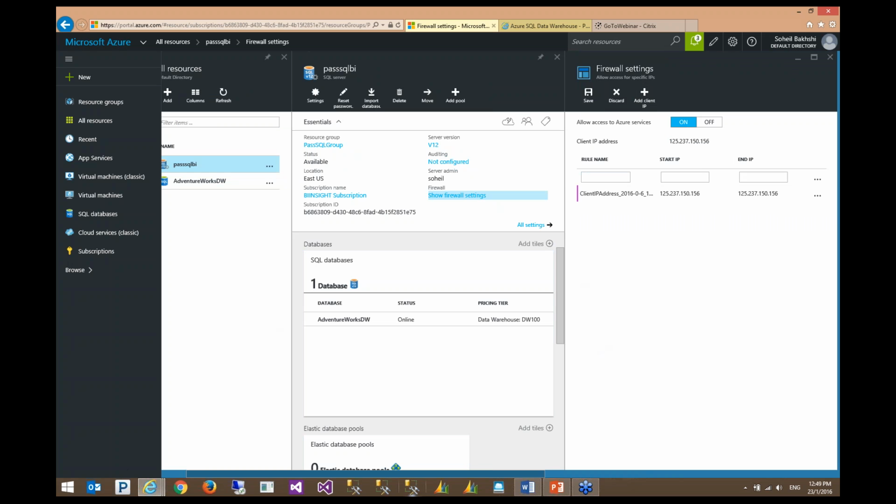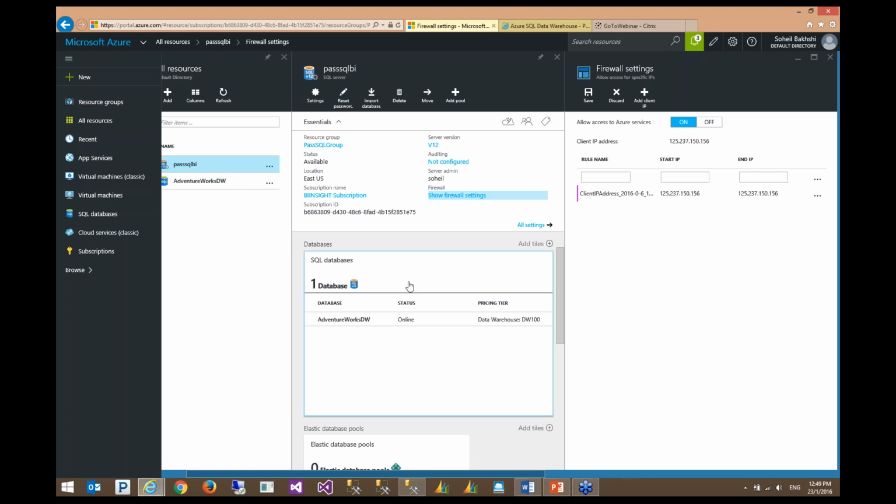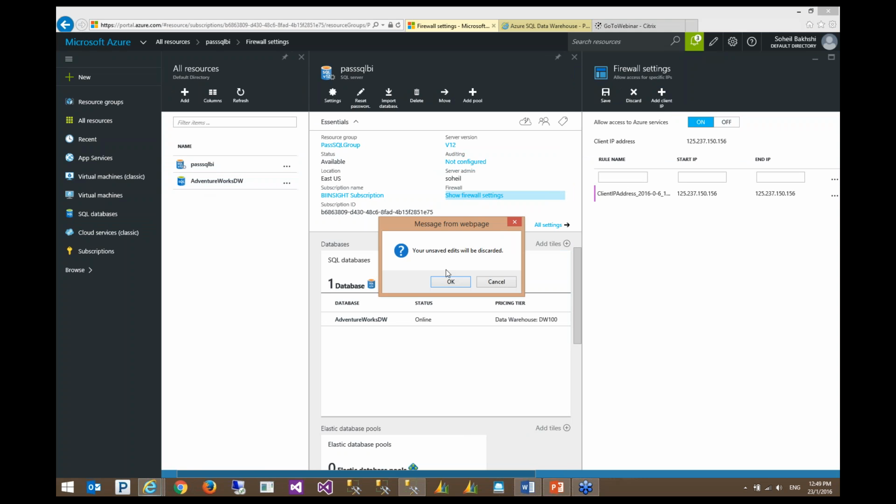So I'm going to open Management Studio 2016. To be able to do that from Management Studio, I need to have a fully qualified name of my server, and to find out the server name, I need to click on my database. Yes, I'm going to discard this.